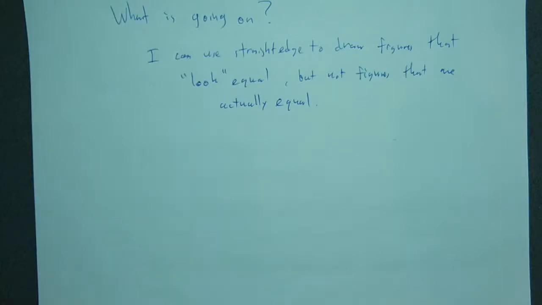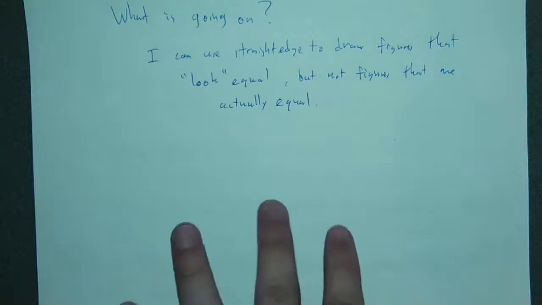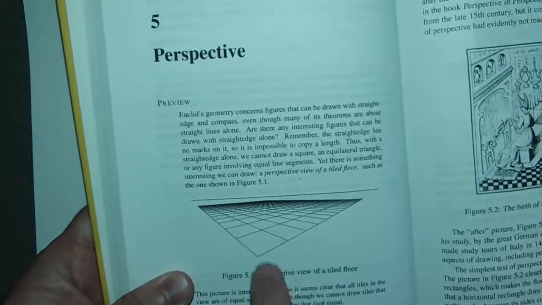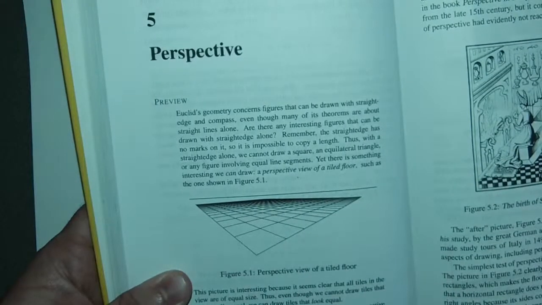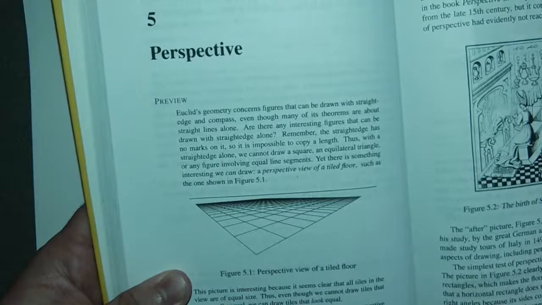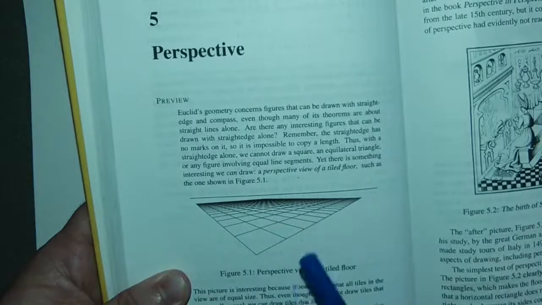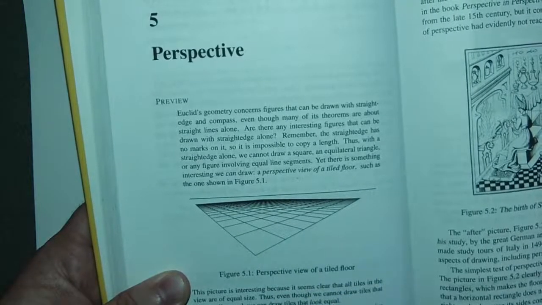And what does it mean to look equal, right? That's something that we haven't really talked about. Because this seems very mysterious, that our eyes look at a two-dimensional drawing and I see something that is not really there, right? I am seeing these tiles approaching the distance, approaching the horizon. And also note that one of the most important things here is that it seems in my mind's eye